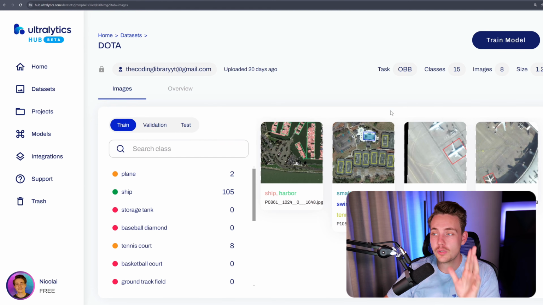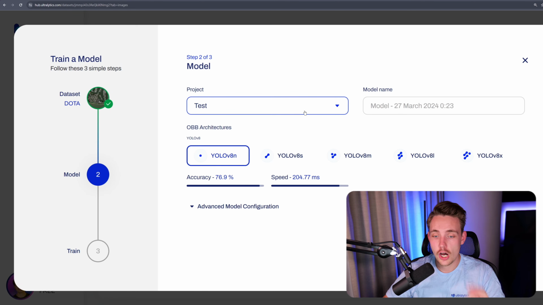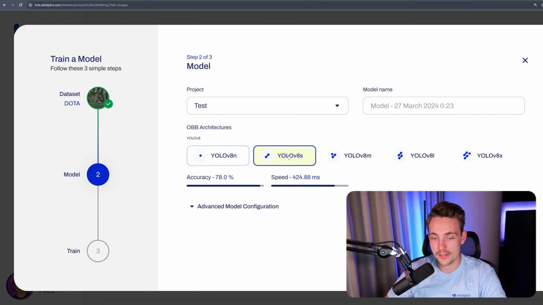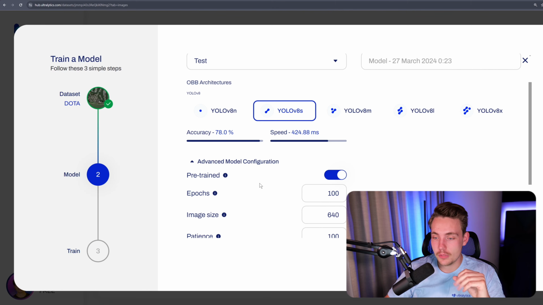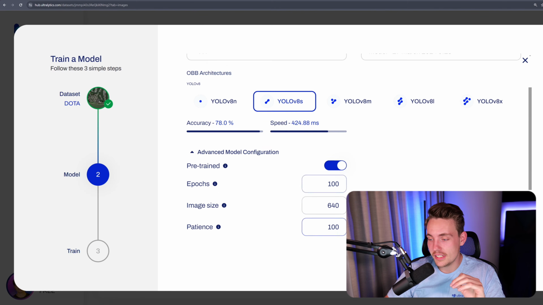So once we have our data set, we can basically just go up and hit train model, and this is how we can train it with the Ultralytics HUB. We can choose which of the models we want to use. Right now, let's just go with YOLOv8 small. We can see a quick overview over the accuracy and also the inference speed. We can also go down and set some advanced model configurations, but let's just go with defaults for now,